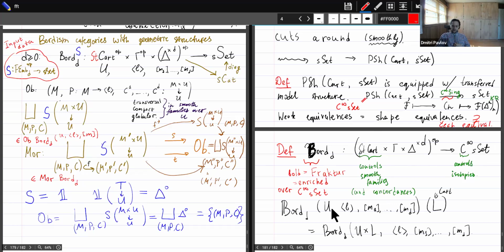Its value on some U, L, and m1 to md will be encoding the, now what is a smooth simplicial set, of U families of Bordisms partitioned into L components with a cut grid having this many cells in each direction. So it's the same as before, but now instead of an ordinary simplicial set, you have a smooth simplicial set. And the value of this smooth simplicial set on some Cartesian space L